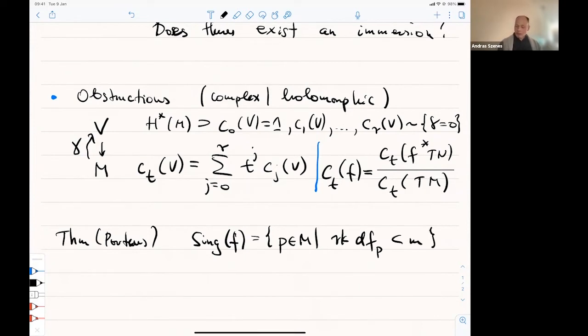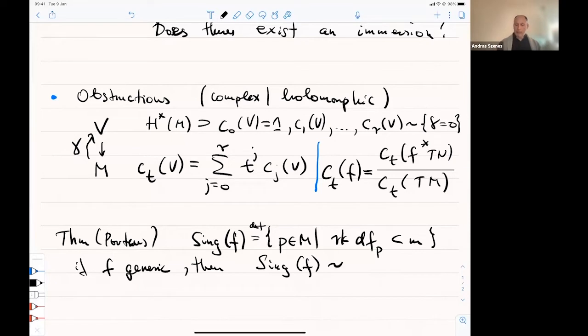That is the definition, and then the statement is the following: if F is sufficiently generic, which I will comment on a little bit later, then this Sing F